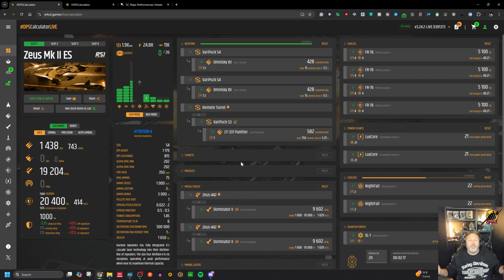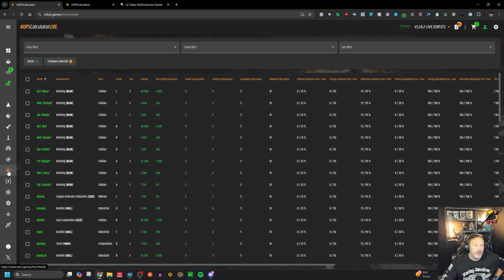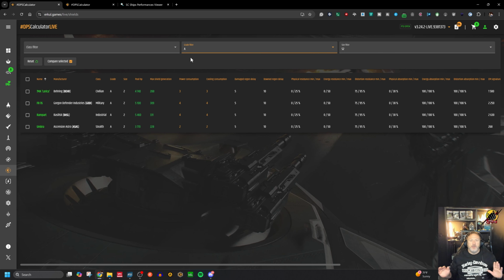But why should I choose a military grade A component over a civilian grade A component or all that kind of stuff? Well, Erkul does tell us, and it gives us some information, but it's kind of limited. So let's go over here to the left, and we're going to click on shields. We're going to click on size 2 shields. We're going to go to grade A components. Of course, grades B, C, D all have everything, but that's too many to compare. So looking at grade A components,